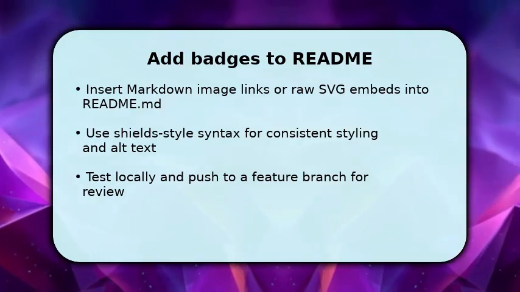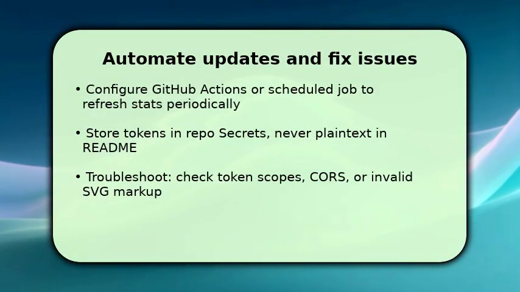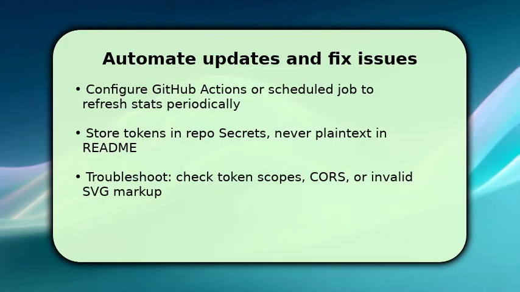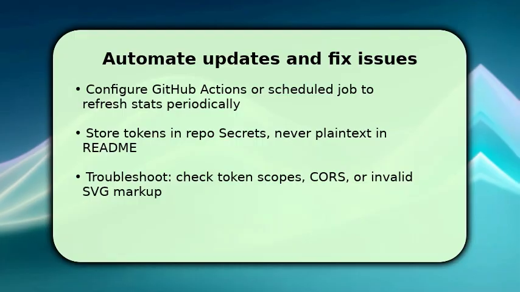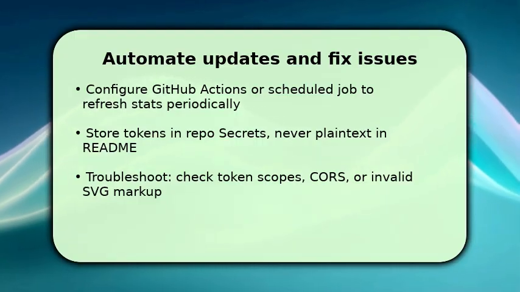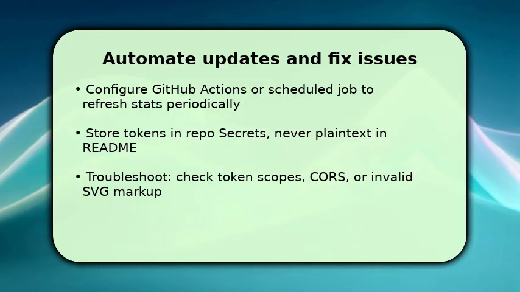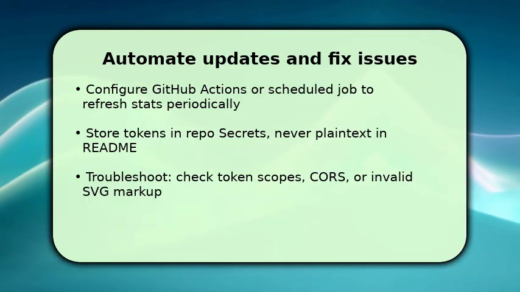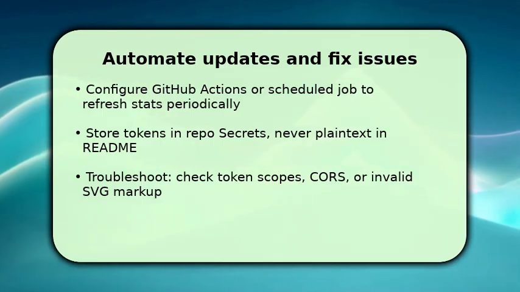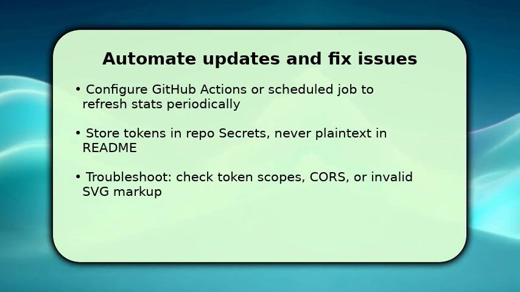Finally, automate updates by configuring a GitHub action or scheduled task to refresh metrics at a reasonable interval, since manual badges get stale. Make sure you store tokens in repository secrets and reference them in workflows. Never hard code secrets in README or commits. When things go wrong, first verify token scopes and expiration, then inspect response headers for CORS or CDN caching, and validate SVG markup for syntax errors. Once fixed, merge your change and